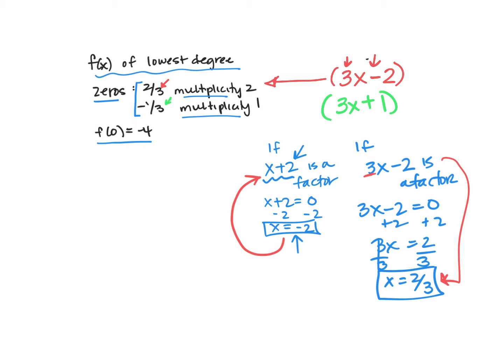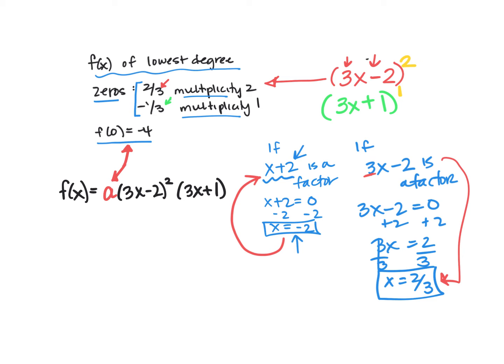Now, multiplicity of 2 means that we'll have a power of 2 on the 3x minus 2, and a multiplicity of 1 means that we have a 1 on that 3x plus 1. So right now, it looks like our function is going to be equal to (3x minus 2) squared times (3x plus 1). Now we can have different stretches and shrinks going on vertically here, and so I'm going to put an a in the front. And this is the number that we're going to actually change in order to make sure we satisfy that